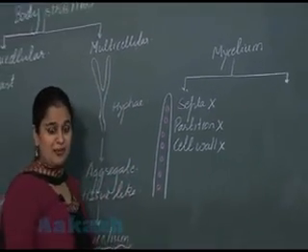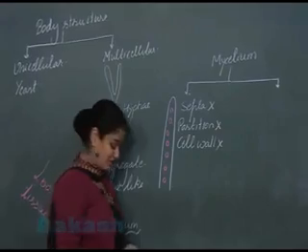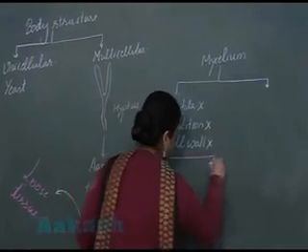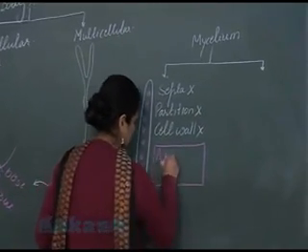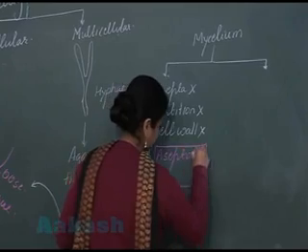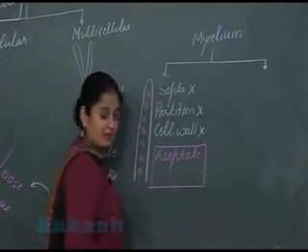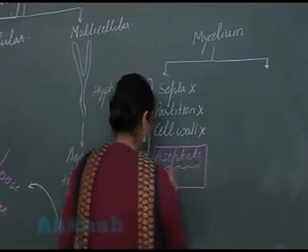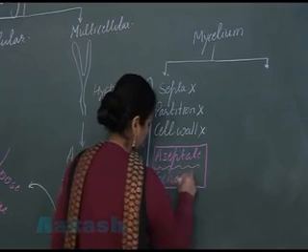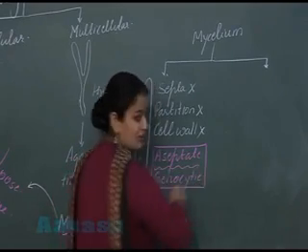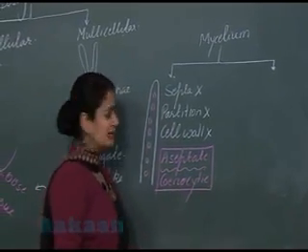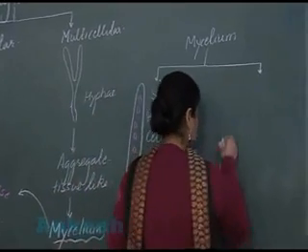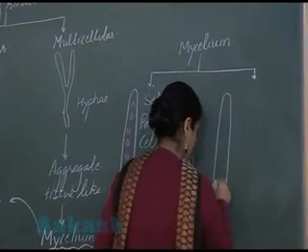Such type of filament where cell wall is absent, septa is absent, it is known as aseptate mycelium. Aseptate mycelium, or it can also be known as coenocytic mycelium. Now the second condition,